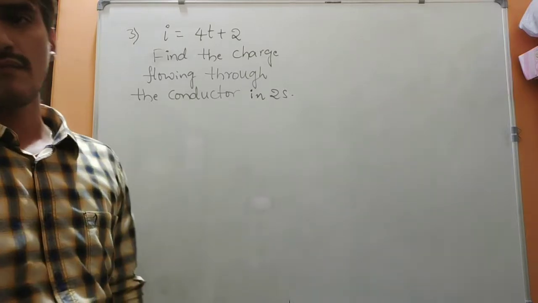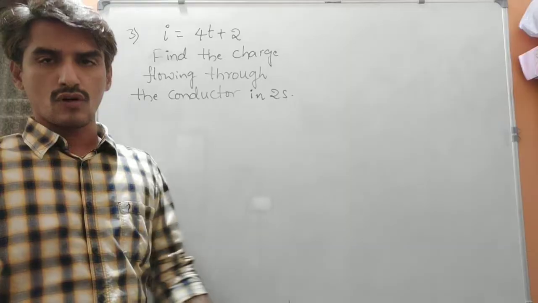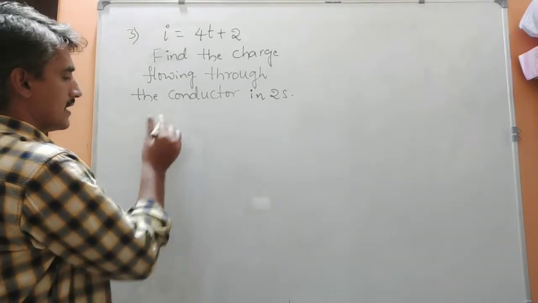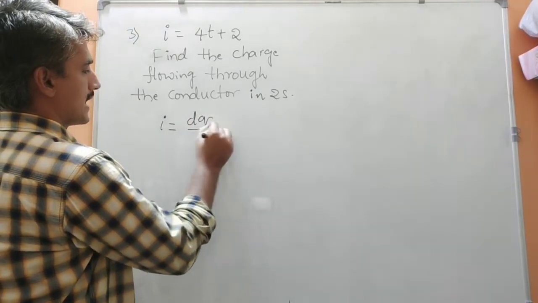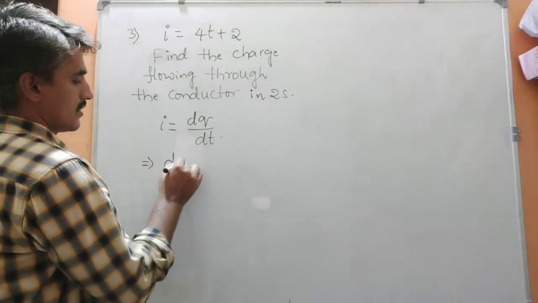Find the charge which is flowing through the conductor in 2 seconds. If we want to calculate that, then what do we have to do? See here, I is there. I can be written as dq by dt. So from this, dq is equal to,